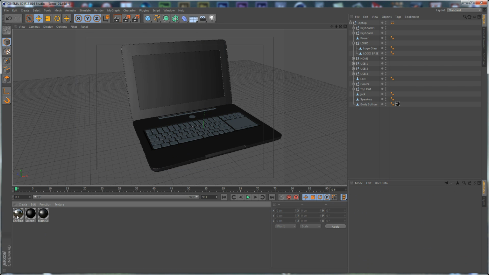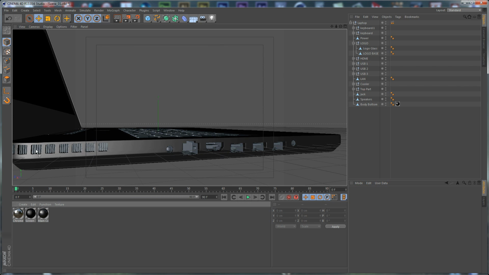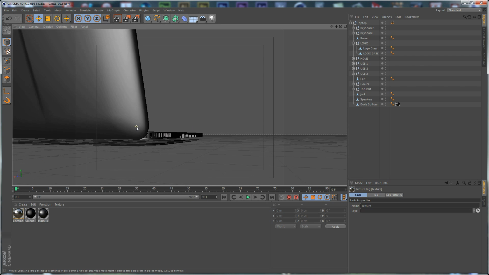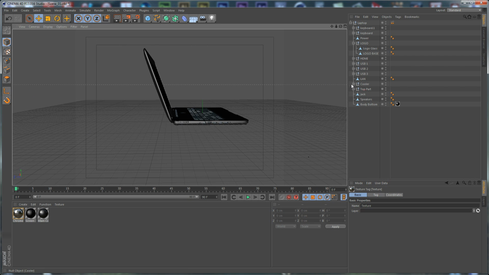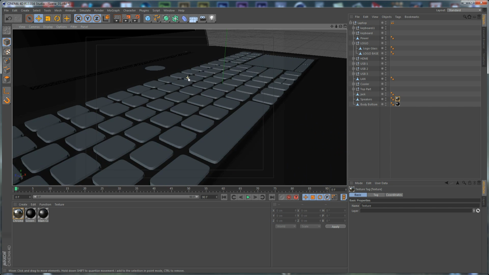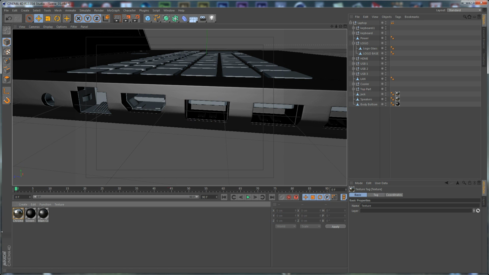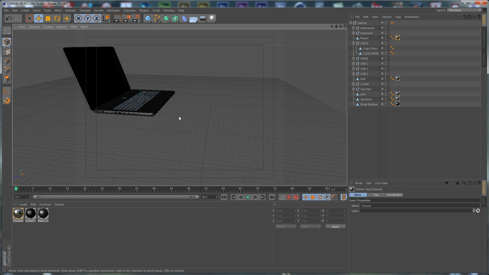And this material, we are going to use it to texture these elements here. Let's see, these elements here, as well as the speakers. And let's see, here on this element, here on the USB and the HDMI, so the one, and our power here, and we are ready. Let's save the project